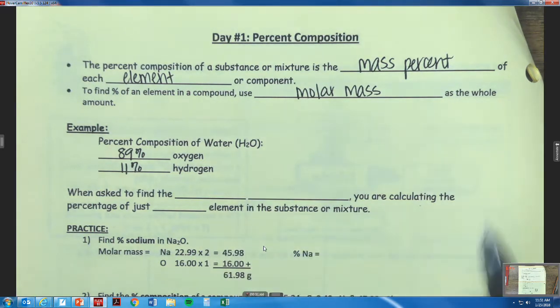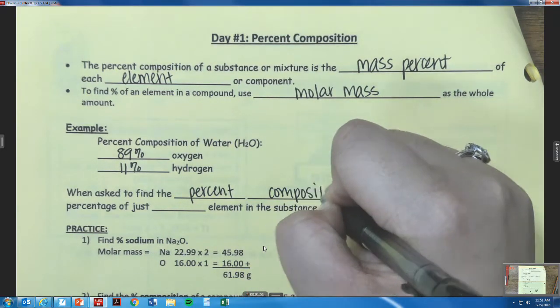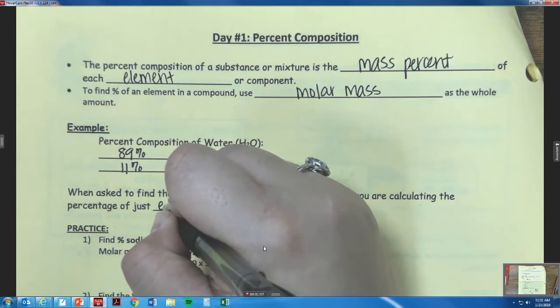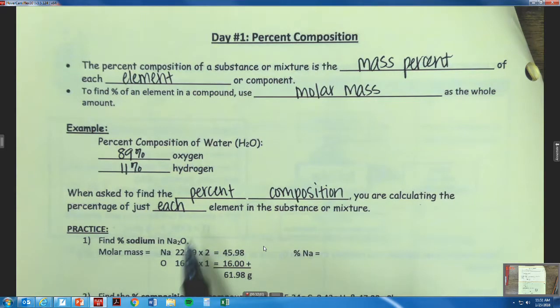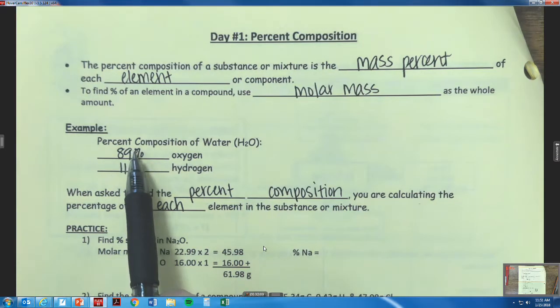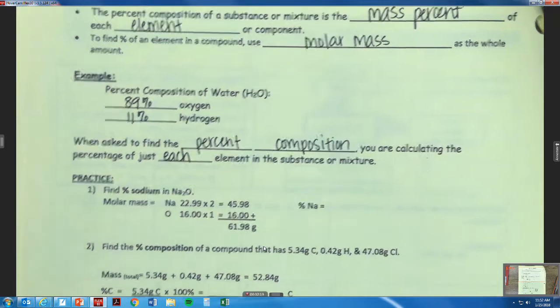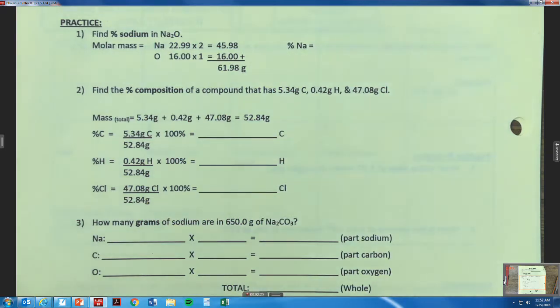So when asked to find the percent composition, you are calculating the percentage of just each element in the substance or mixture. Just like what we did for our example, we actually just gave you the percentage of oxygen and hydrogen. So to make sense of all this, let's go ahead and take a look at our practice problems. Number 1 is asking us to find the percent of sodium in